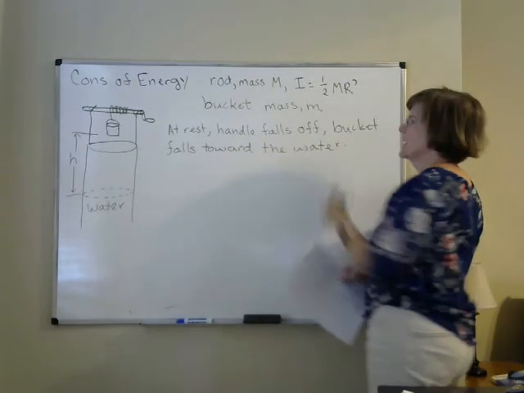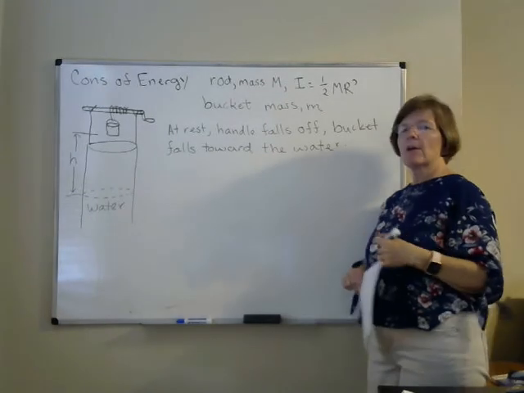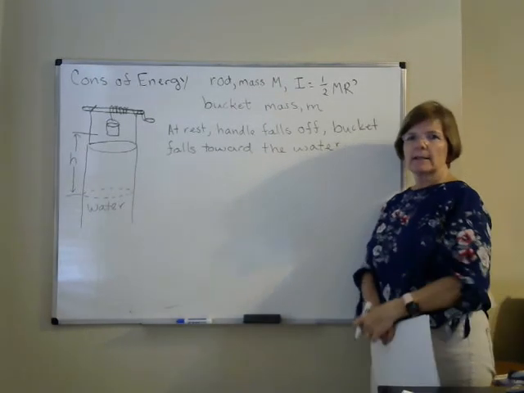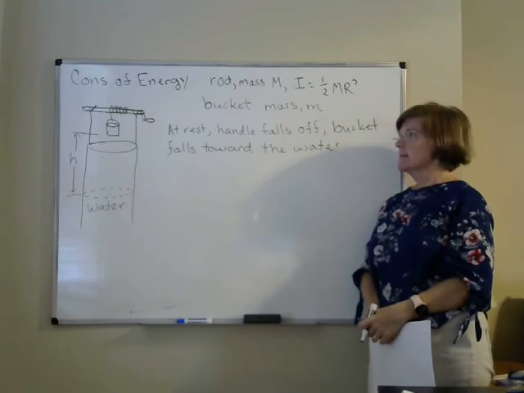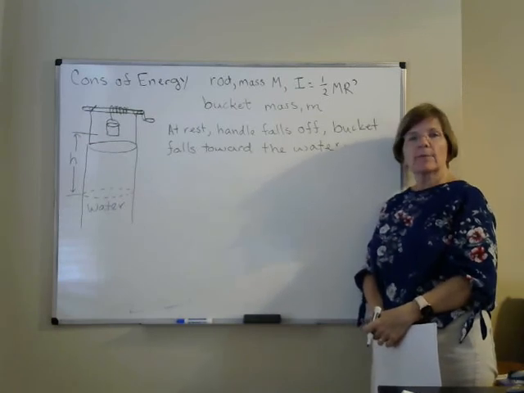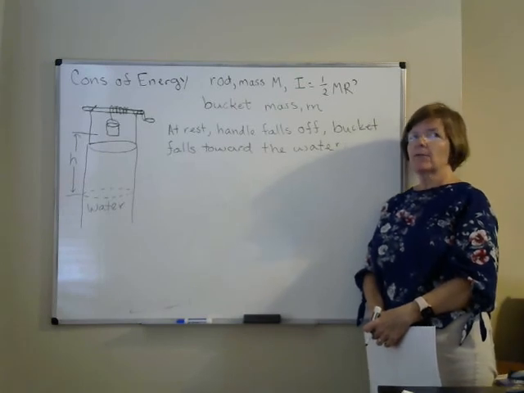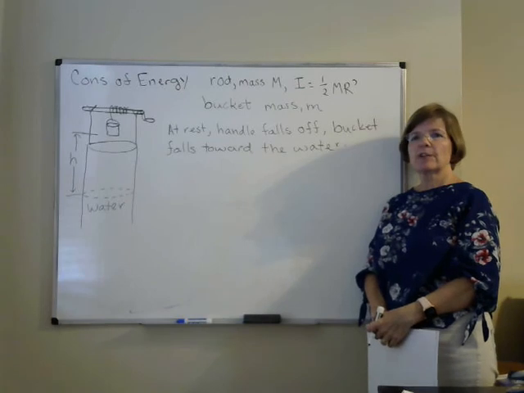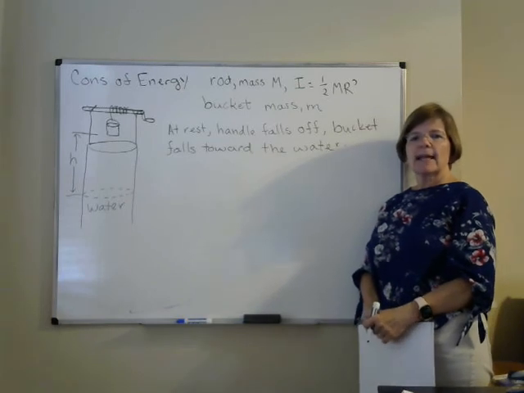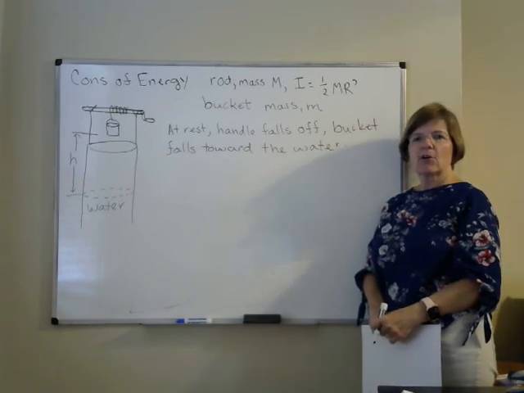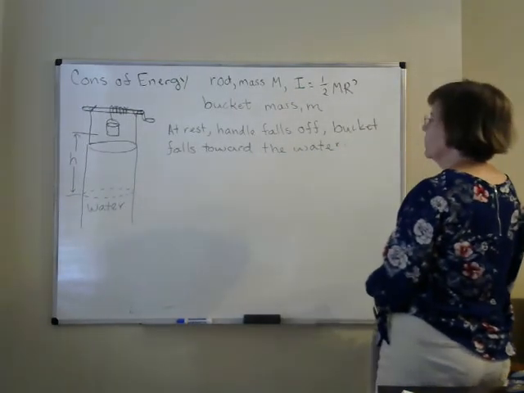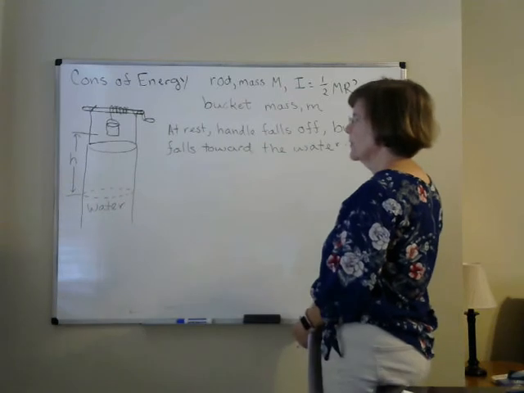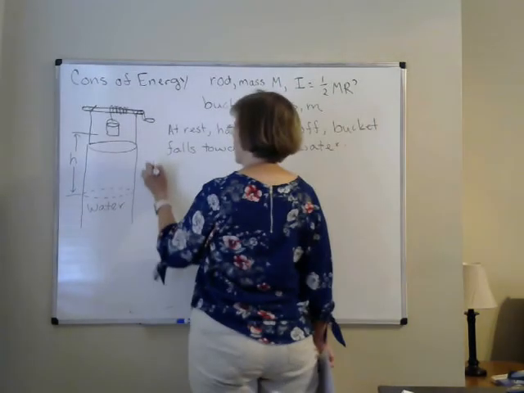The handle falls off, and when the handle falls off, the bucket starts falling. Now the bucket's not in free fall because it's got the tension in that cable pulling up, right? It's not in free fall. It's kind of complicated, but if we think about it in terms of conservation of energy, it's actually not that hard. The question wants to know, can we find the speed of the bucket